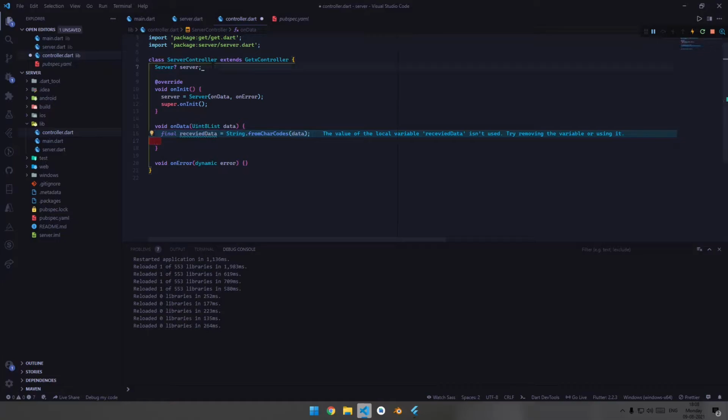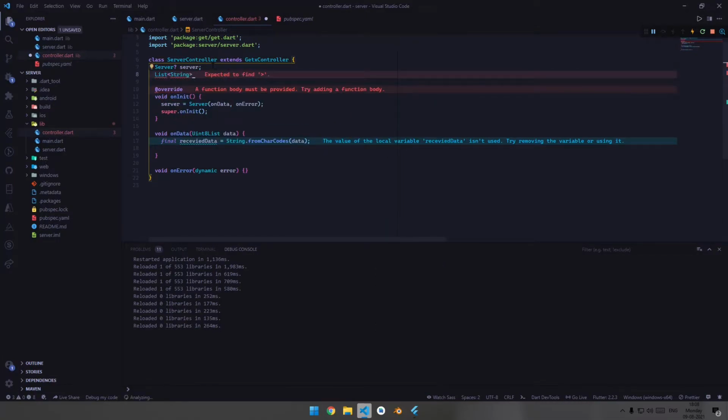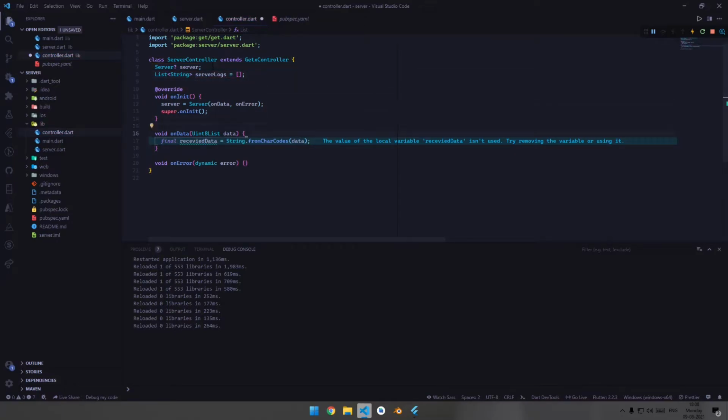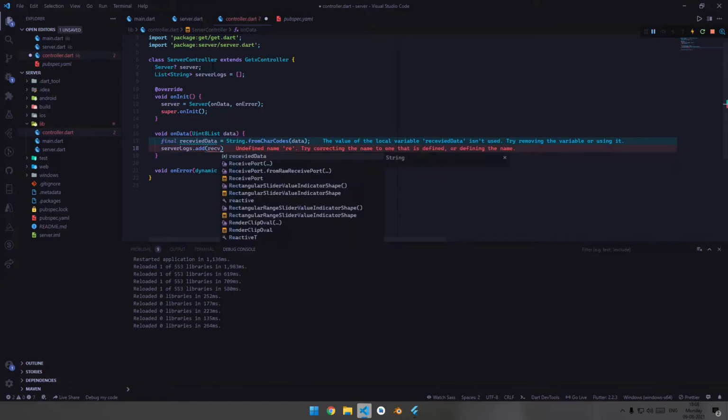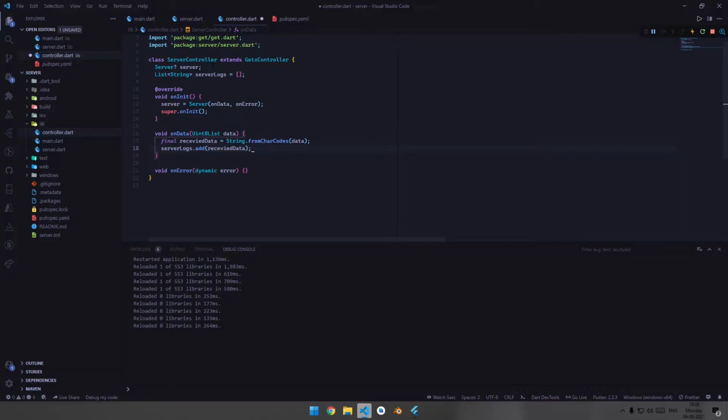To store the received data, let's declare a variable of data type list of strings, with the variable name serverLogs, empty initially, and when we receive the data we will add it to the server logs. Whenever we make some changes in the controller's function, you need to call this update function, so it will update the state of the application.